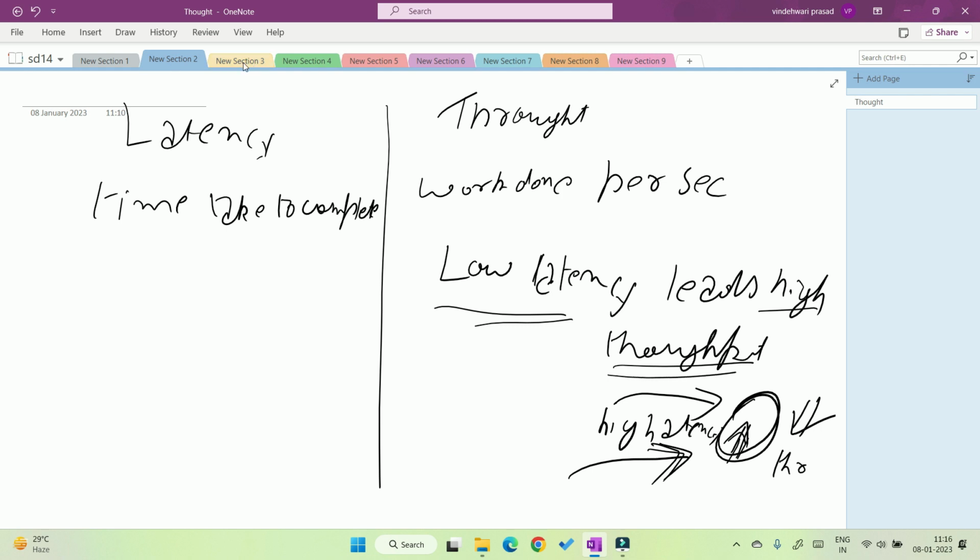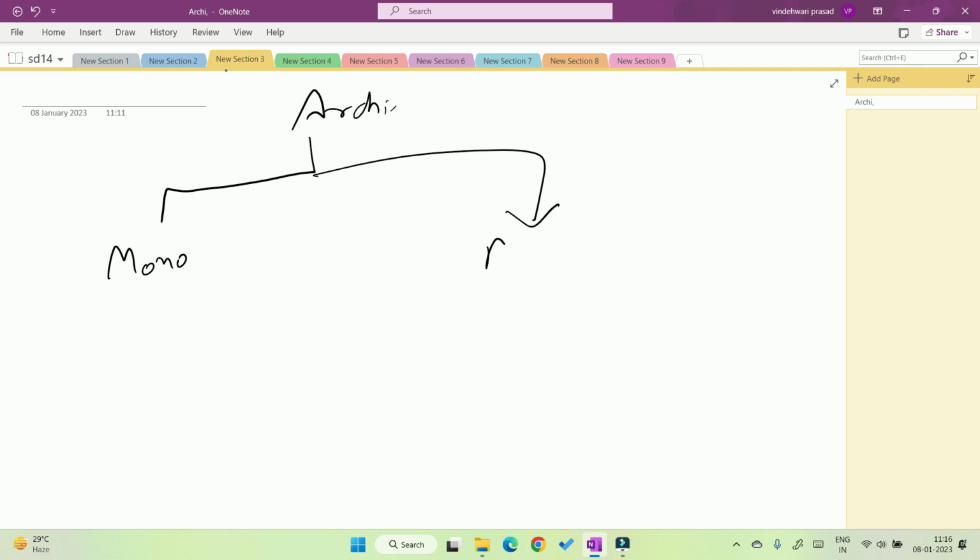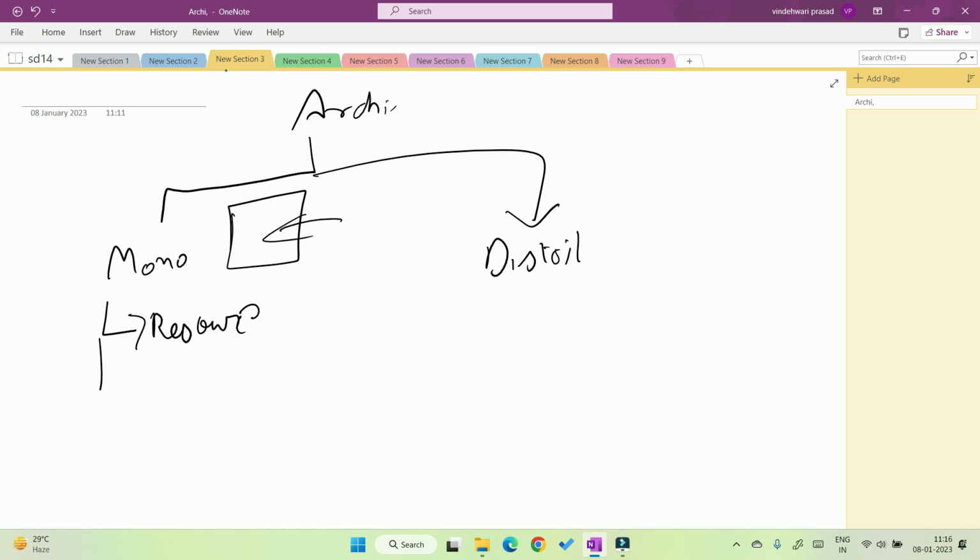But how is throughput dependent on the architecture of a machine? There are basically two architectures. The first one is monolithic, the second one is distributed. In monolithic, the resources are limited. Basically there is only one machine. All the requests have to be handled by one machine. Resources are limited, so throughput is also limited. There is a limit of throughput, only a limited amount of requests can be handled by one single machine. So a limitation comes in the